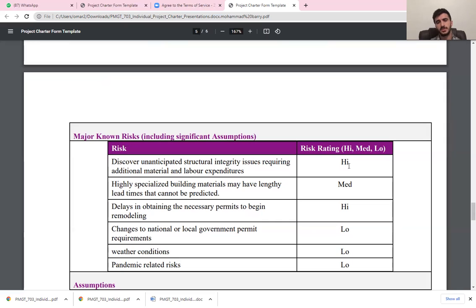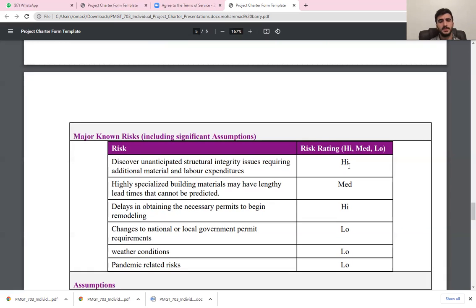So you have to take it in consideration, even if it's low priority. The weather conditions, since we have outdoor work, which is the jacuzzi and digging a hole, even if it's the only thing we have and everything else is inside for the renovation process. You have to take in consideration that it could delay the process and the project if it rains. You can't dig and install in the rainy weather.